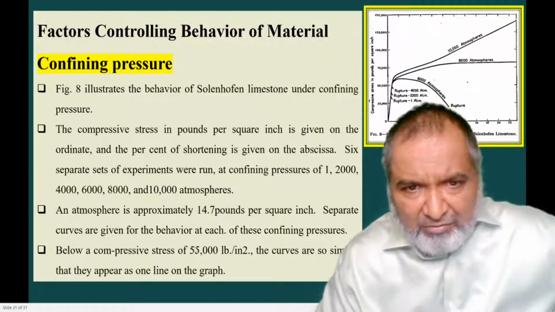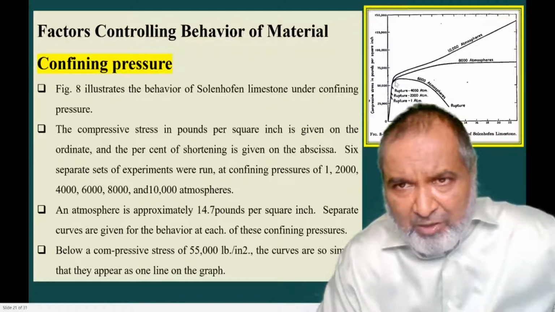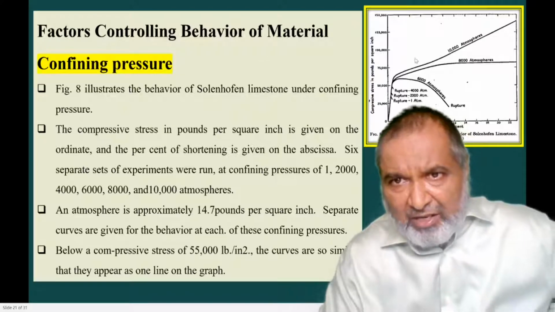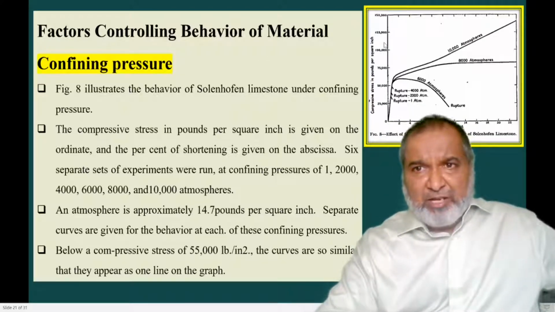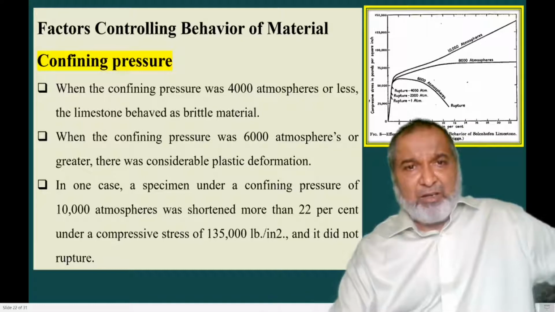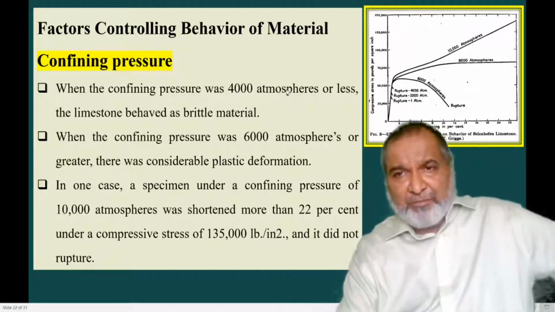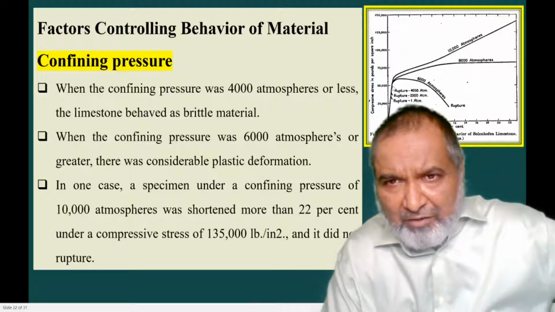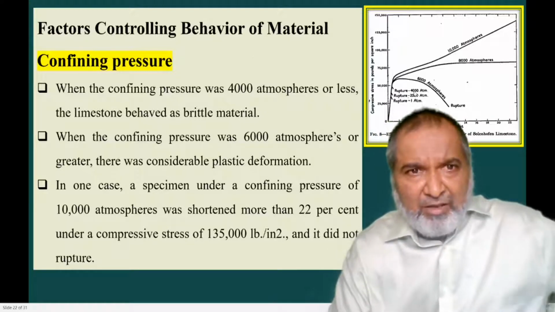Yes, straight line. Yes, 55,000 will be here. So this straight line up to 55, this will be a straight line. And after that, we'll find the changes that have taken place. When confining pressure is 4,000, this is the part where we have 4,000 atmosphere,